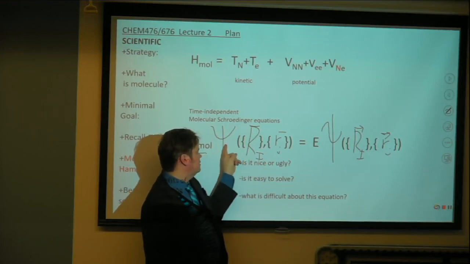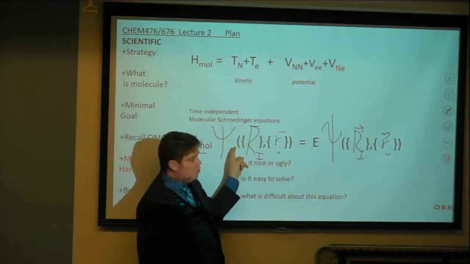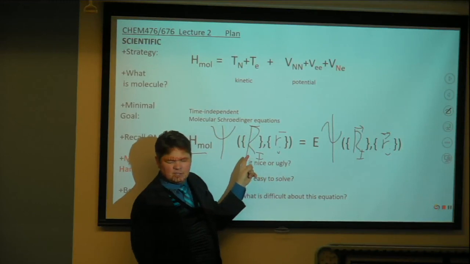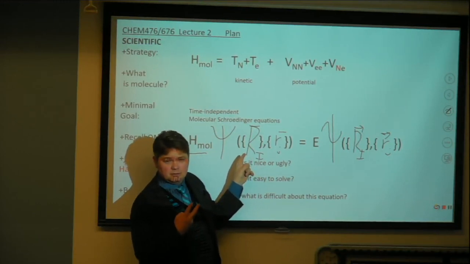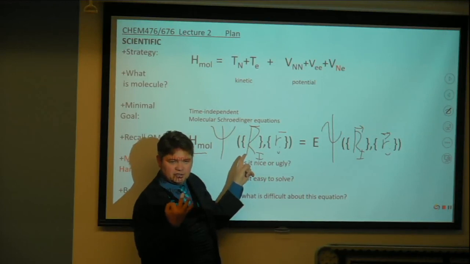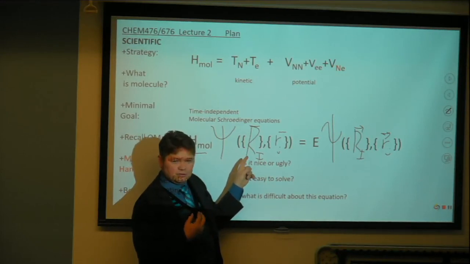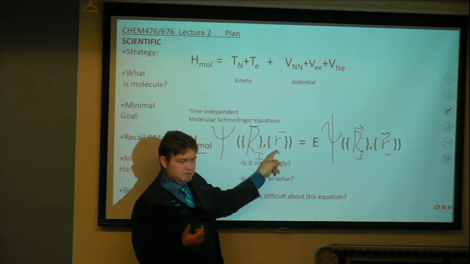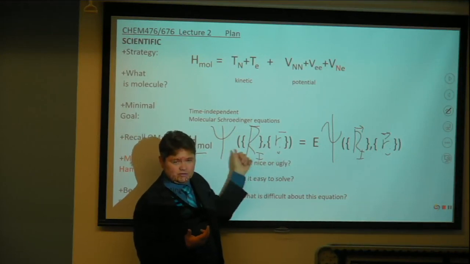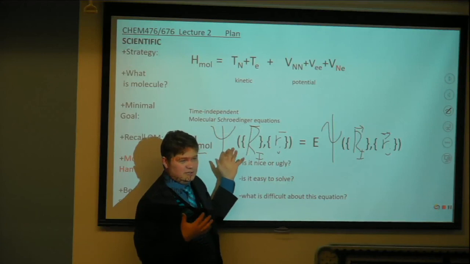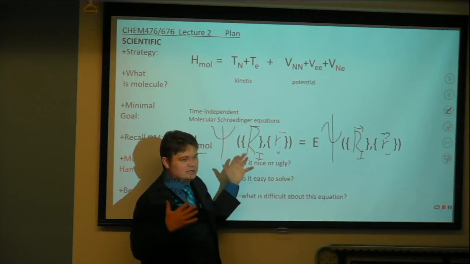This is a function of many variables. If you have 2 nuclei, it means each of them has 3 Cartesian projections. It is 6 independent variables for the position of nuclei. Then we have two electrons, 3 Cartesian x, y, and z for each. 6 independent variables for electrons. Total 12. So it's a function of 12 variables. It's already an ugly function. And if you take bigger